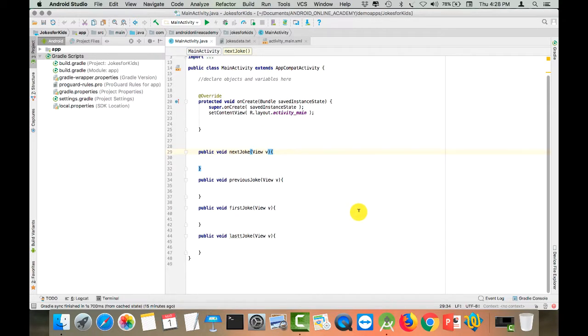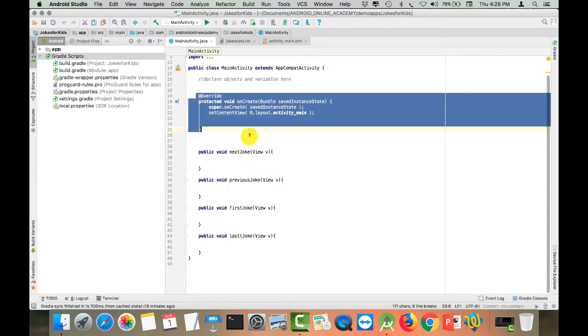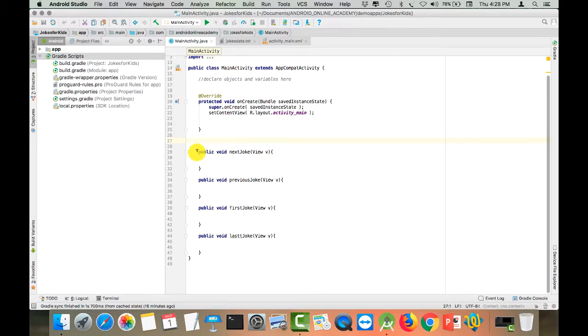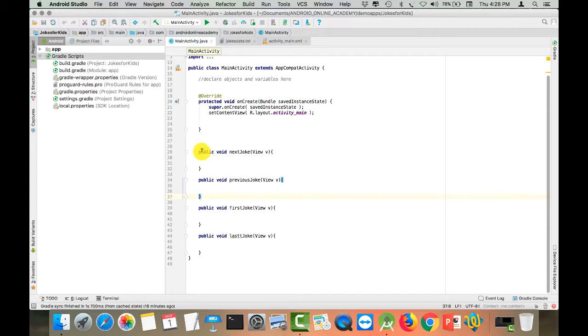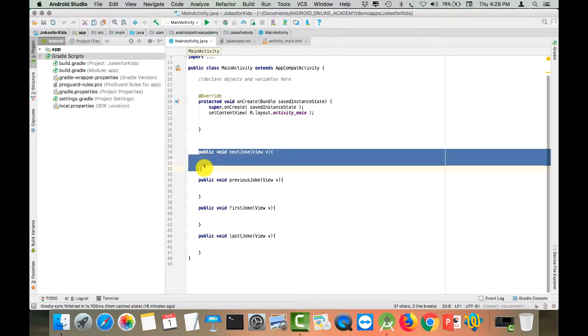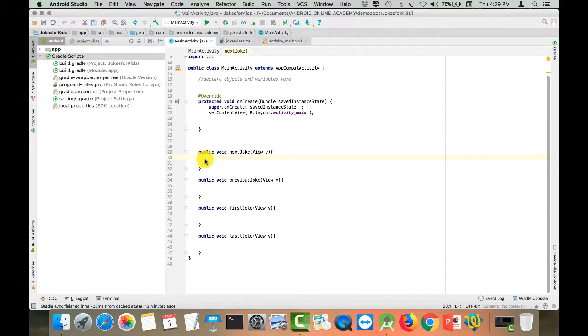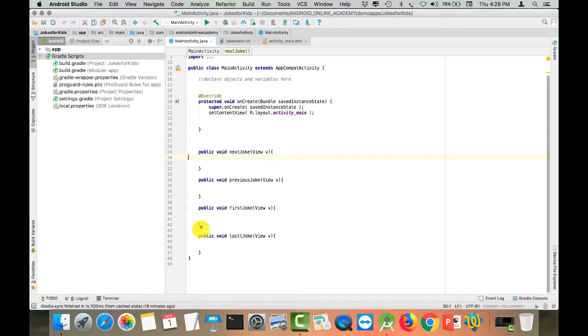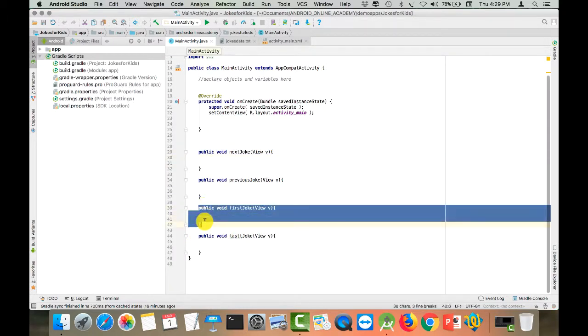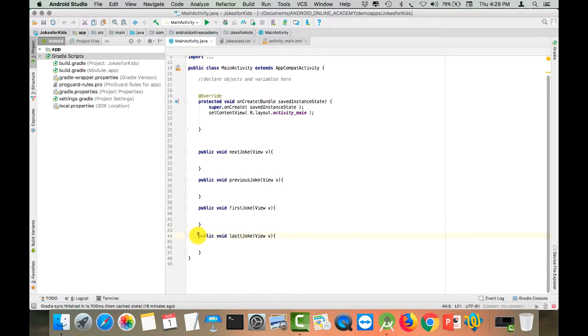I have already created the skeleton of that. Of course, we have our onCreate method, and here I have 4 procedures or methods, and these would be the ones to be called by our buttons whenever each of them is clicked. So we have the method for first joke, and then we have the method for the last joke, and this first joke method would be connected to our first